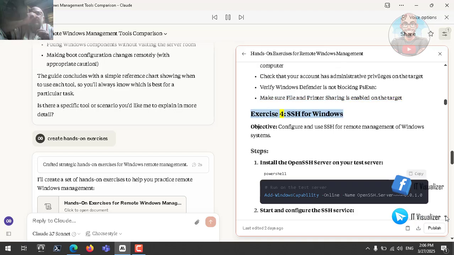Exercise 4. SSH for Windows. Objective: configure and use SSH for remote management of Windows systems. Steps. Install the OpenSSH server on your test server. PowerShell. Copy. # Run on the test server. Add-WindowsCapability -Online -Name OpenSSH.Server